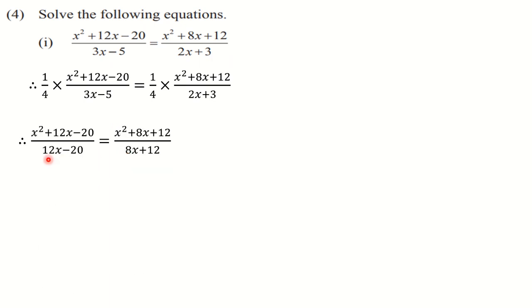So the answer here, you can see, 4 3s are 12x and 4 into minus 5 is minus 20. Similarly here, 4 into 2x is 8x and 4 3s are 12. Now observe, these two terms and these two terms are the same. Similarly here also, 8x plus 12 and 8x minus 12. Now think here, as I have said, when you have plus and minus signs, then and only then can you go for componendo dividendo. So here either you have to go for componendo or you have to go for dividendo so that you can cancel certain terms.